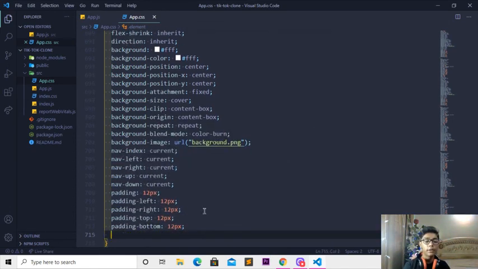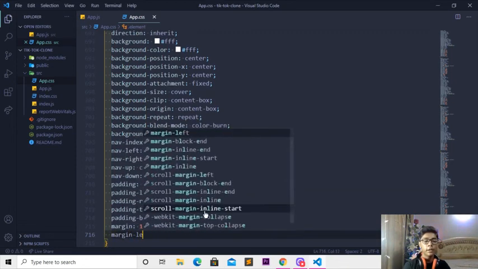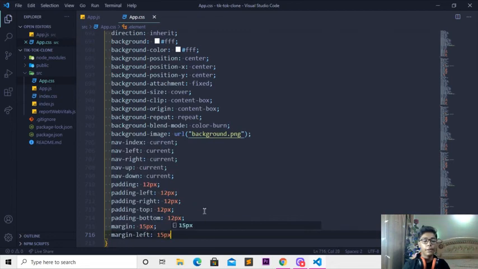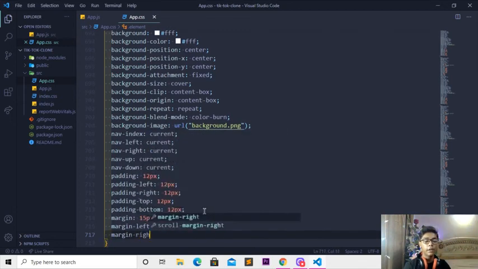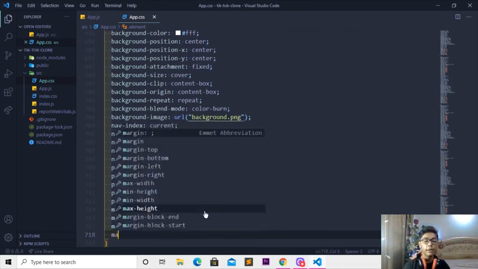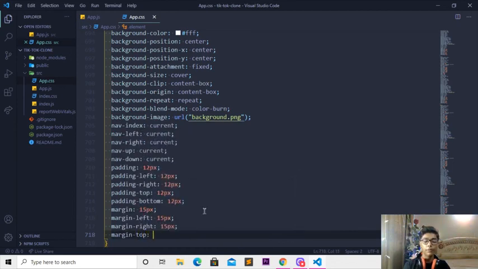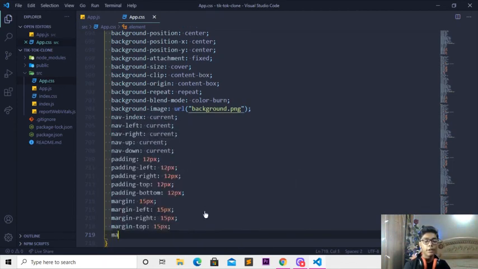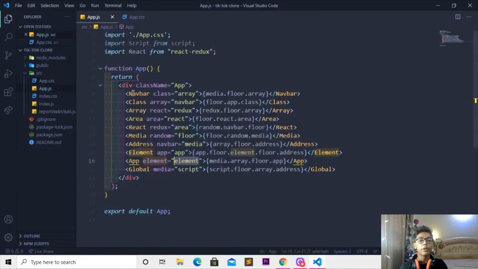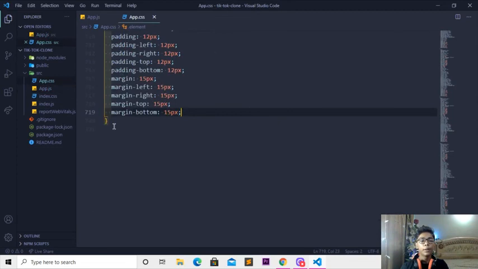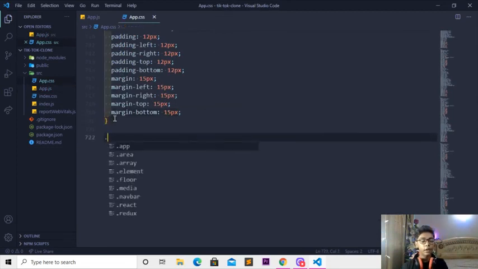12 pixel. So when you've done that, I'll be now writing margin 15 pixel, create margin left, which should also be 15 pixel. And then I'll be writing margin right 15 pixel. And here I'll be writing margin top 15 pixel, create margin bottom, which should also be 15 pixel. So when you're done with that, I'll be going to file and pressing save, go to app.js file and copy this script class by pressing Ctrl C. And when you're done with that, I'll be moving to app.css, coming underneath, writing dot, pasting my class name